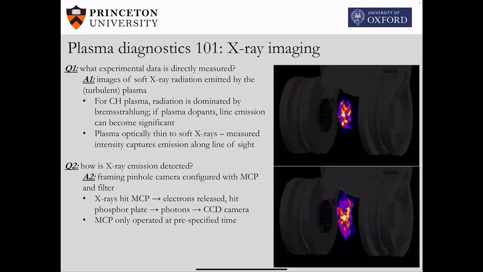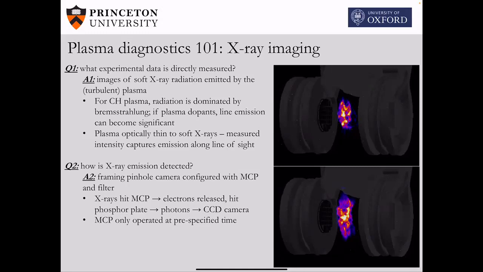The microchannel plate works in the following way: the X-rays hit it, and that releases electrons, and those electrons then hit a phosphor plate. This creates photons, and then those photons are detected by a charge-coupled device camera, and then you end up with an image like this. The whole setup is calibrated so we can back out the measured X-ray intensity for one of these images. Furthermore, the microchannel plate is only operated at a pre-specified time over quite a short time gate,